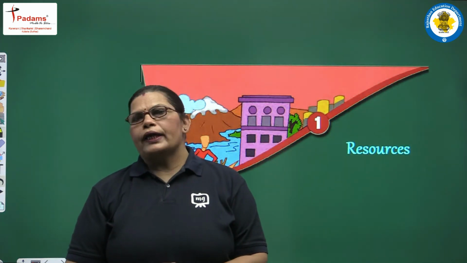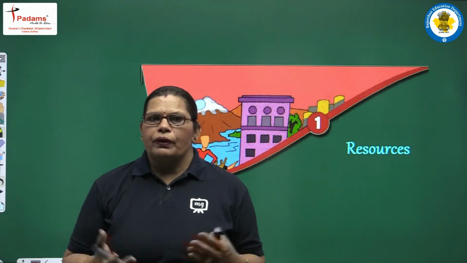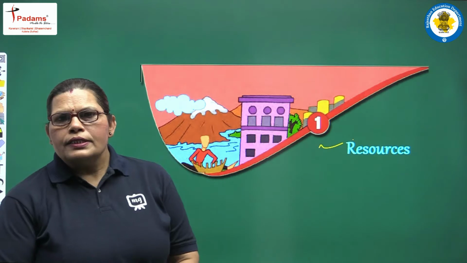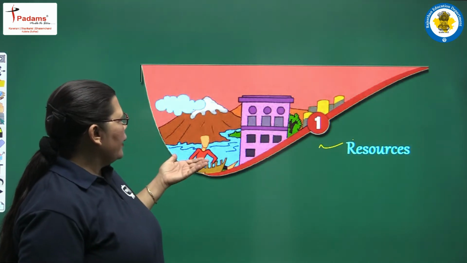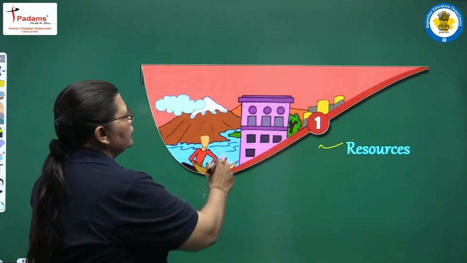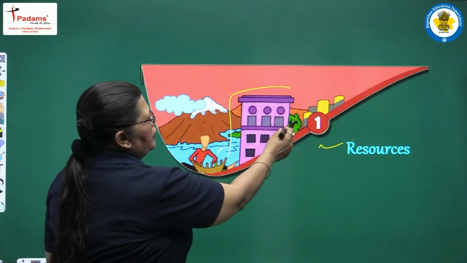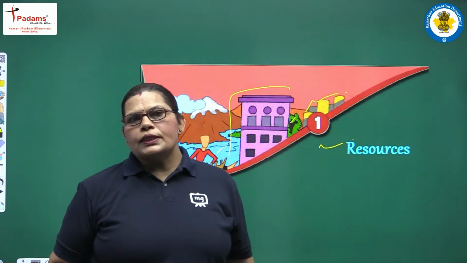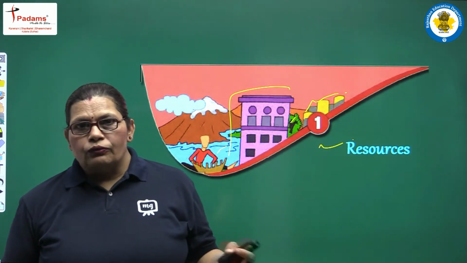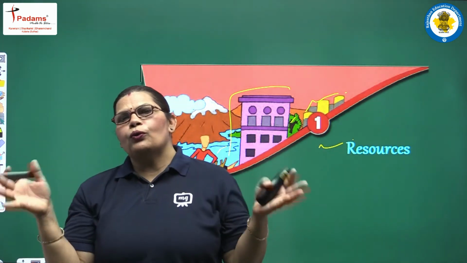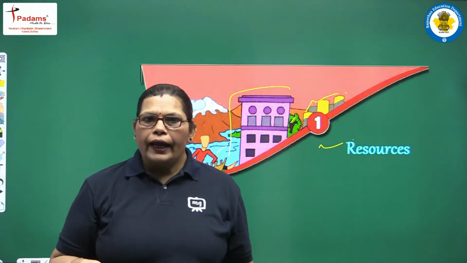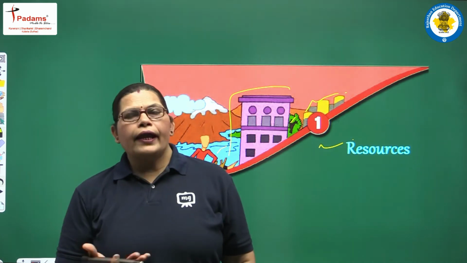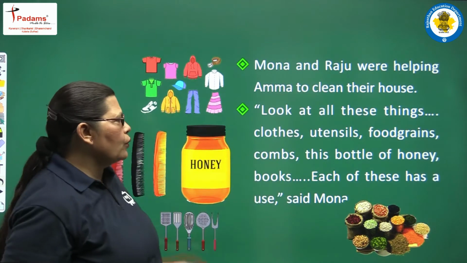chapter. So today, students, we are starting our chapter first. The name of the chapter, as we had earlier told you, is resources. See the picture here, a man, skies and sea, house, river, trees and some other portions also. Are these resources, students? How? If yes, then how, and if no, then how not? And why are these not resources? That is the main question, and we will read about these in this chapter.